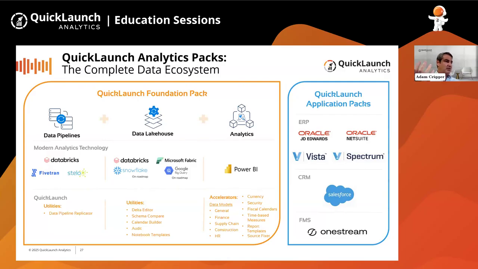So the application pack on the right, basically, when you pick an application pack, you get a foundation pack and an application pack. But if you don't have the opportunity to leverage an application pack because you don't use those applications, you could start with the foundation pack and still be way ahead of the game with what you get. And the last column there on the foundation pack is the analytics and Power BI things that we've done across the board: finance model, supply chain and construction, HR, people type model, and a general model that allows you to say, I've got safety incidents, I just want to bring that in, or I've got some other survey results. So it becomes a default starting point model.